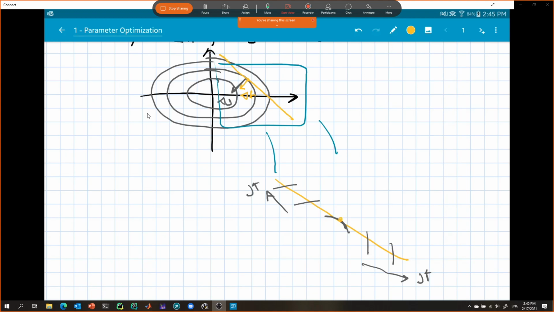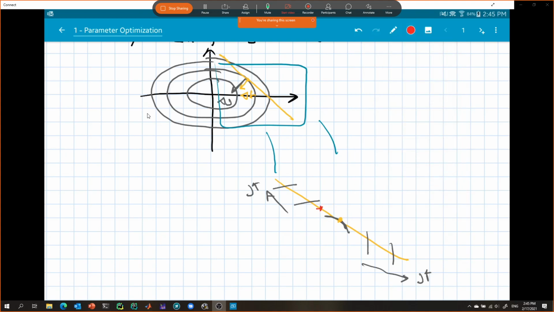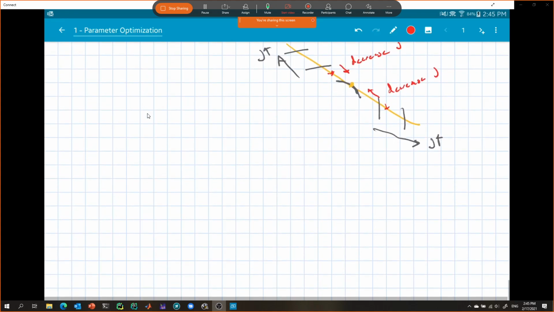So we have to lie on a tangent, because if we're here, we could decrease J by sliding this way, and if we're here, we can decrease J by sliding this way. So, is that clear to everyone why that has to be tangent? I assume the silence means it is. Okay. So once we know that,